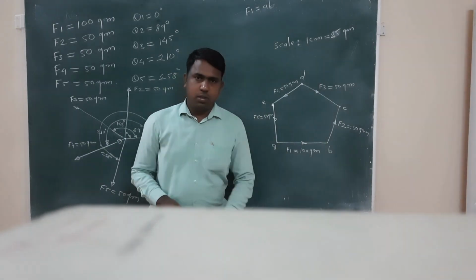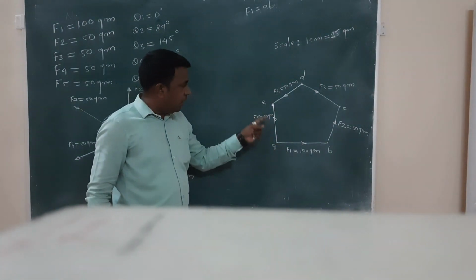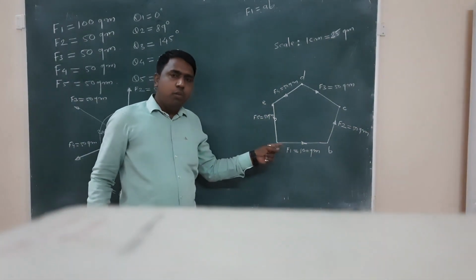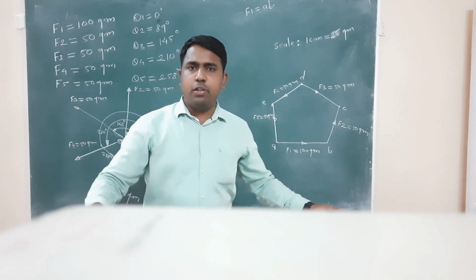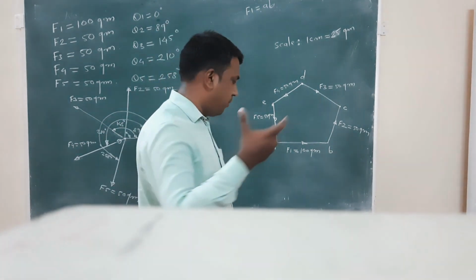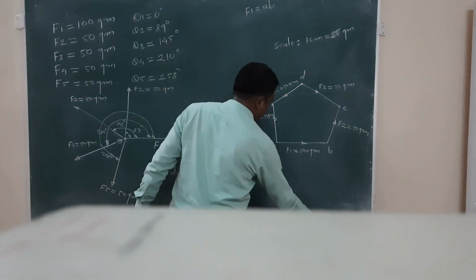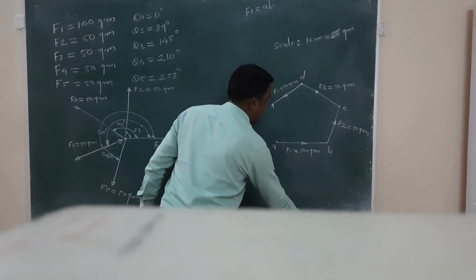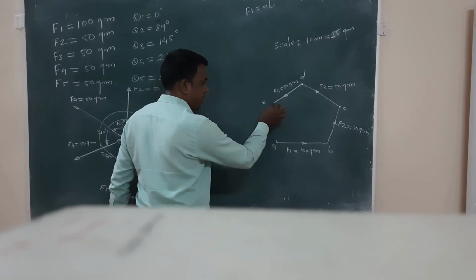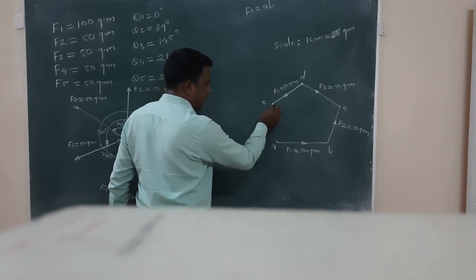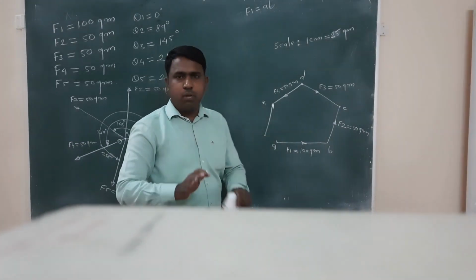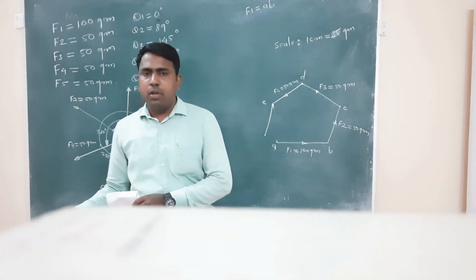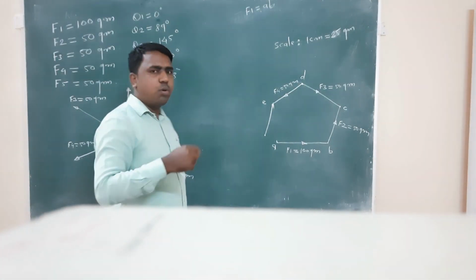So then here, now the points E and A. Now we will draw the last side of the polygon and it will get closed here. So it depends whether it is a closed polygon or not. In case it is not closing, suppose for F5 we have the angle like this and we are not getting the closing side for the polygon. Here the polygon is not closed by the last force. Then we have to draw the closing side.